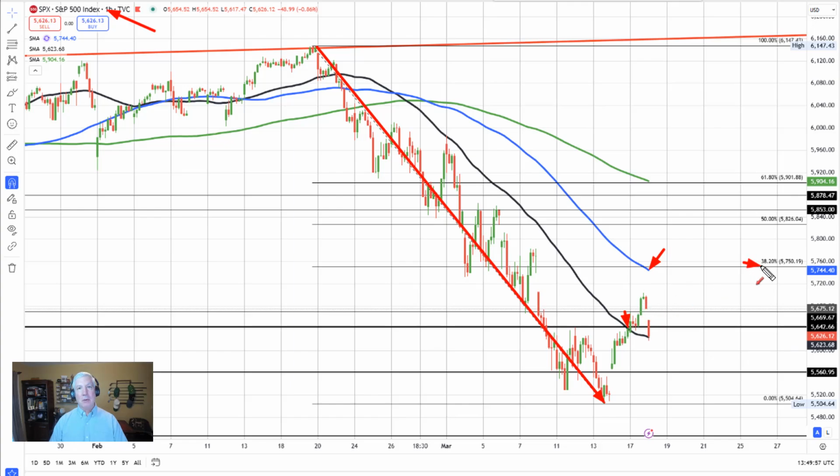You see this 38.2% retracement. This represents the 38.2% retracement of this move to the downside right here. And so those become the targets. Those become the work in progress for the technicals. But as you can see, that was not the case. Toward the end of the day yesterday, we did see a move back to the downside into the close, and